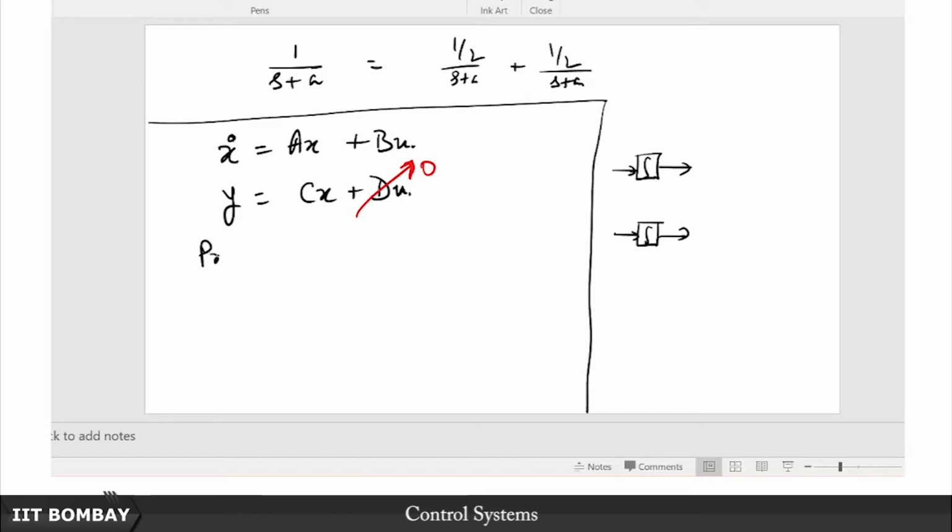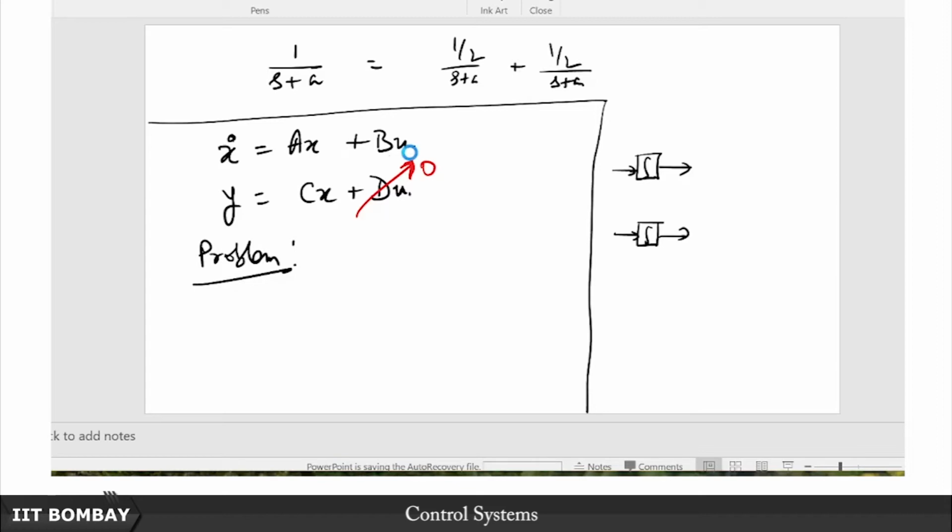The problem is as follows. You have to design this u, remember, this u is basically the control action that is going into the system. So our task is to design this u, but how do we design this u? We want a sort of closed loop action, we do not want some sort of reference signal. You might say, okay, apply a step, apply a ramp, apply a parabola, apply a sinusoid, these are the types of known signals. That is not the answer we are looking for.